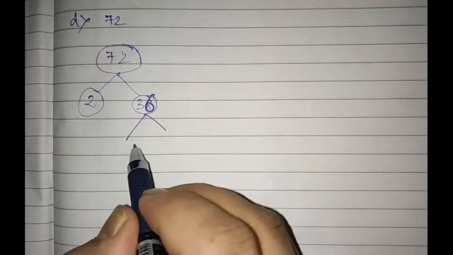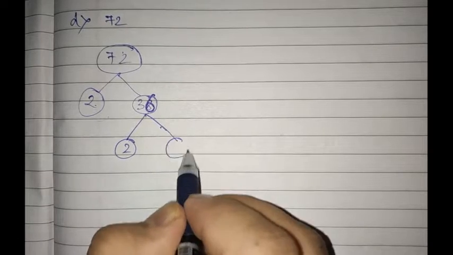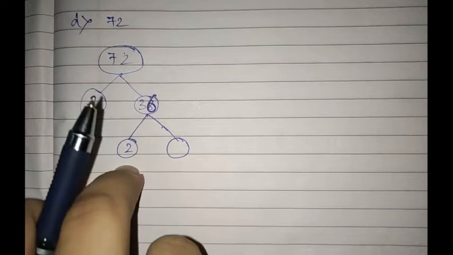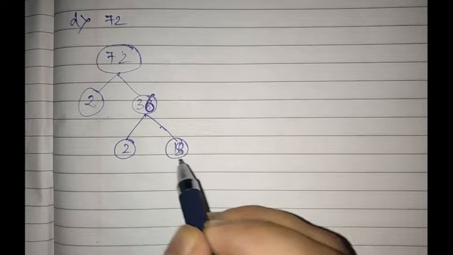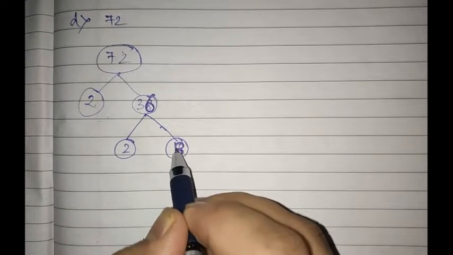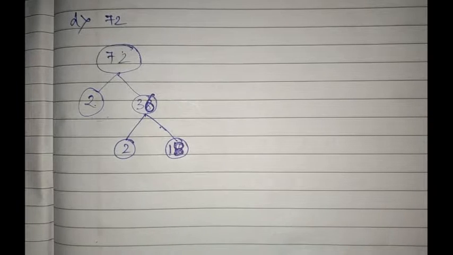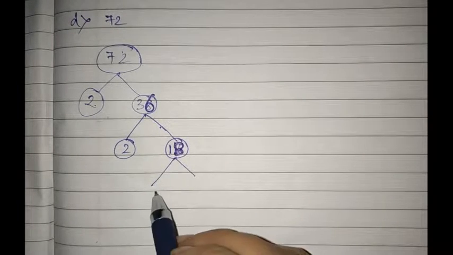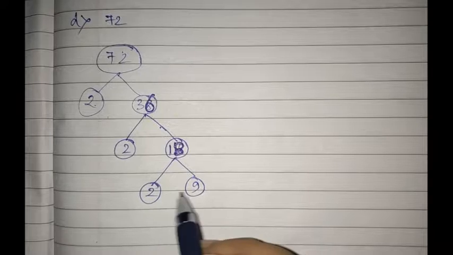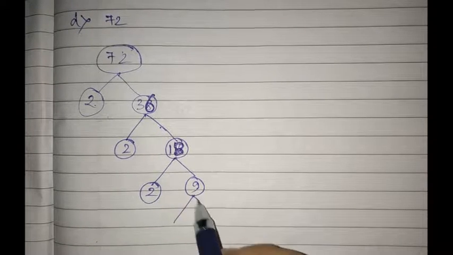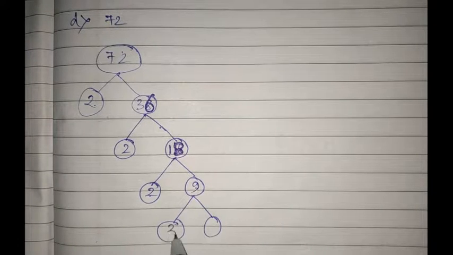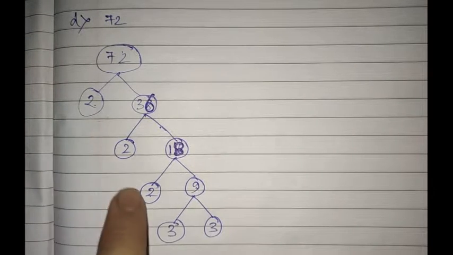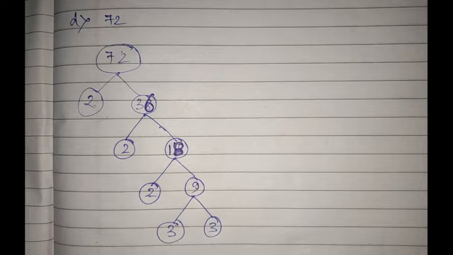Divide this again by 2. Using the smallest prime number only, you have to do. If not divisible by 2, then only you will proceed to the number 3, another prime number. So 2 into 18 is 36, right? So 18 can be broken down again into 2 into 9. Now this 2 cannot be broken down. Only 9 can be broken down because 9 is a composite number. 3 times 3 is 9. So every number here is a prime number, and nothing can be broken down further.